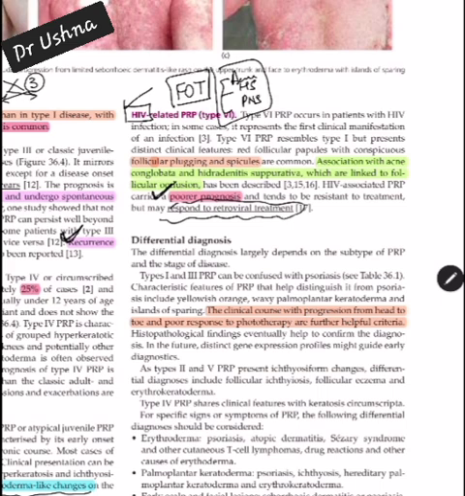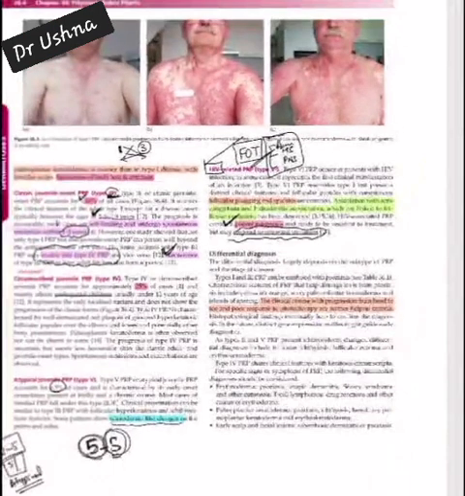So whenever you see a patient of AIDS with a PRP, with the typical island sparing, with the follicular keratosis, with the palmoplantar keratoderma in the form of yellowish hue, you have to look for the follicular occlusion triad, because you all know the association of HIV-related type 6 PRP has the follicular occlusion triad. So this is an important point.